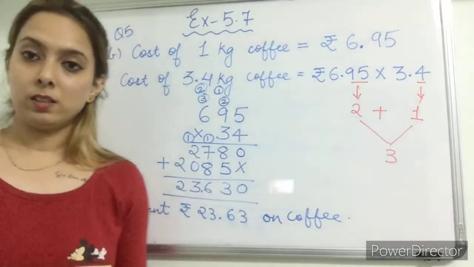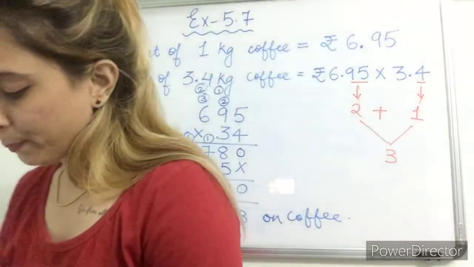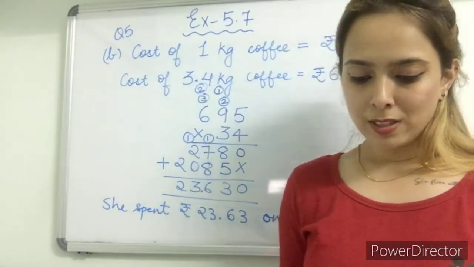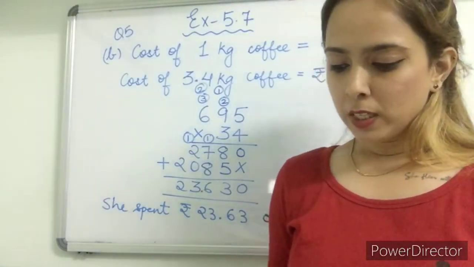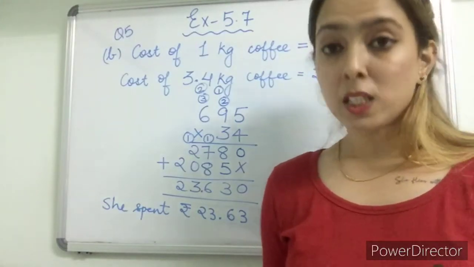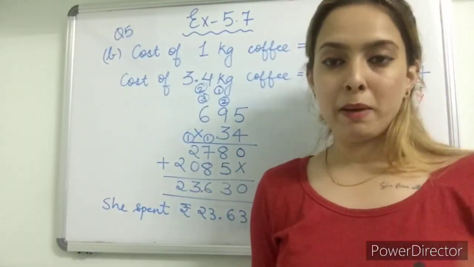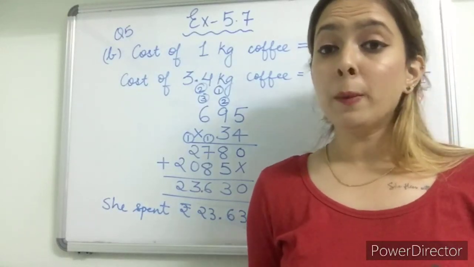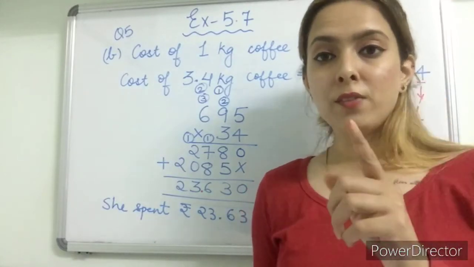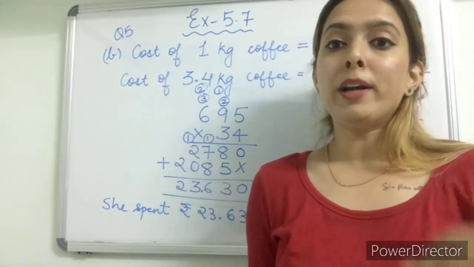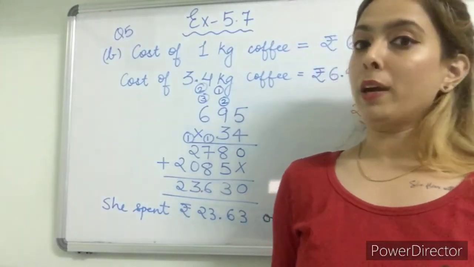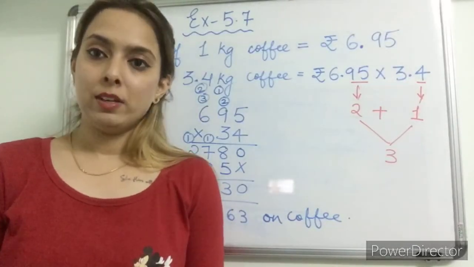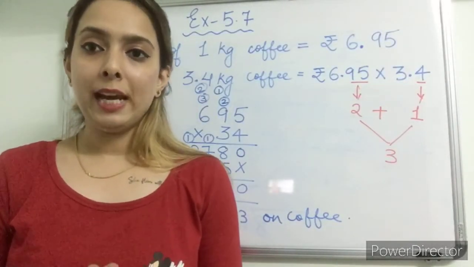Okay, let's check out question number 1. Question 1 says that if Yash drives his car at an average speed of 60.2 miles per hour, so for 1 hour the speed is given. What distance will Yash drive his car in 1.5 hours? For 1 hour it is given, we have to find out for 1.5 hours. This question you can do on your own. So we are done with exercise 5.7. Let's go for exercise 5.8, division.